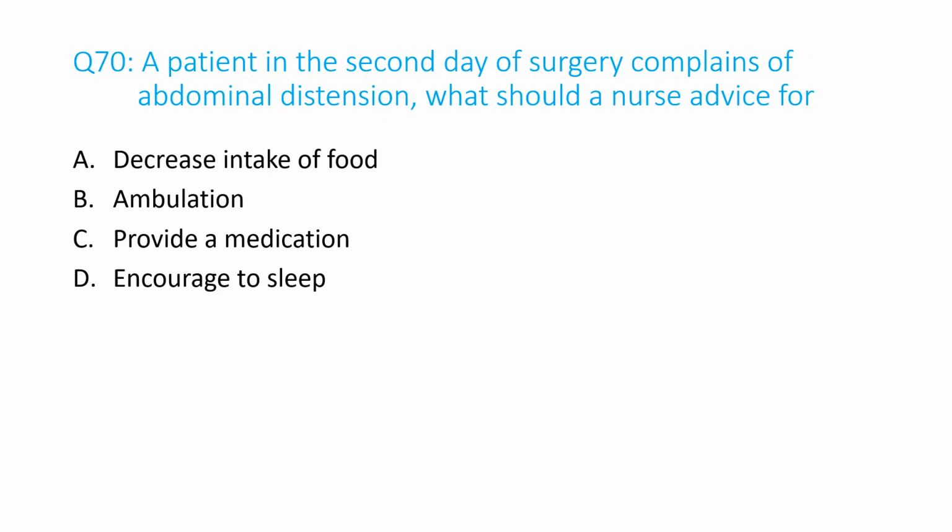Question number 70. A patient on the second day of surgery complains of abdominal distension. What should the nurse not advise? A. Decrease intake of food, B. Ambulation, C. Provide a medication, D. Encourage to sleep. And the answer is